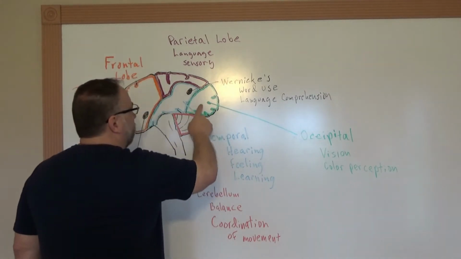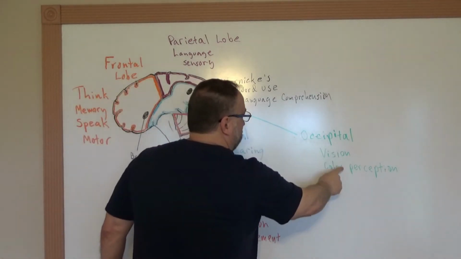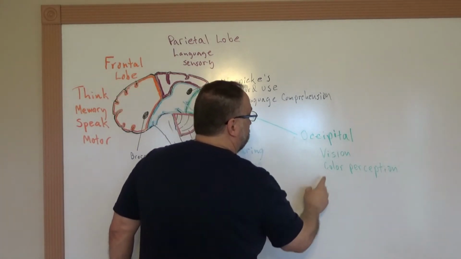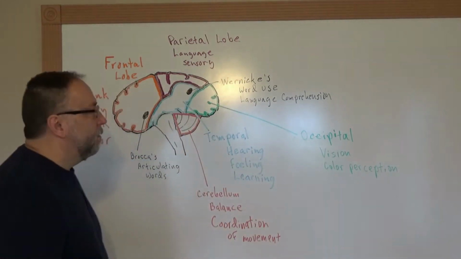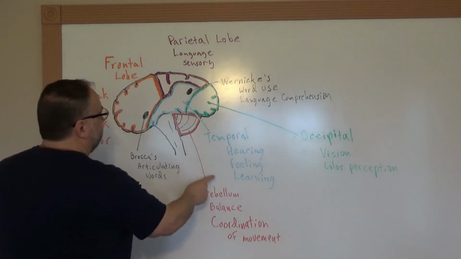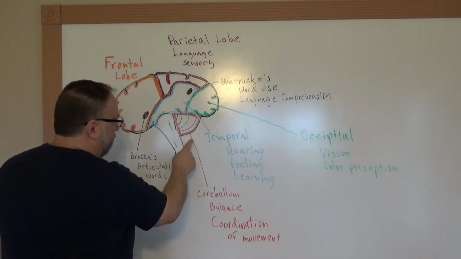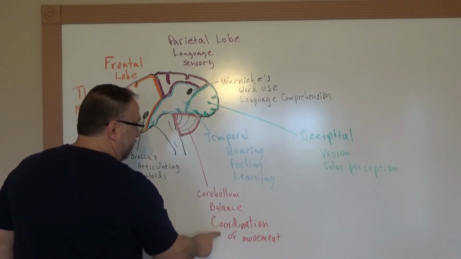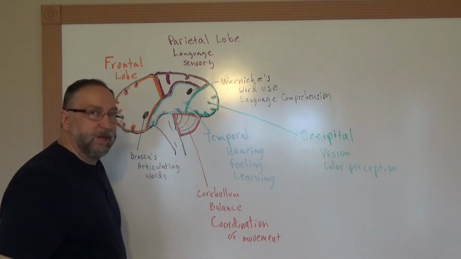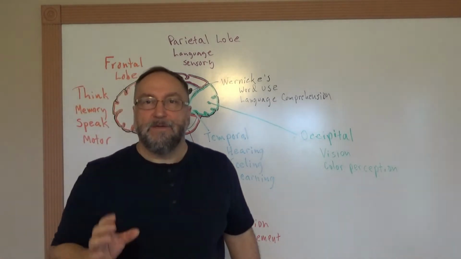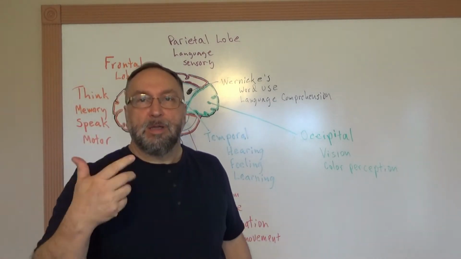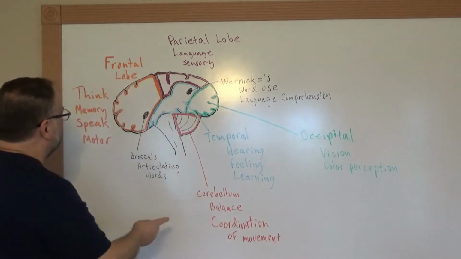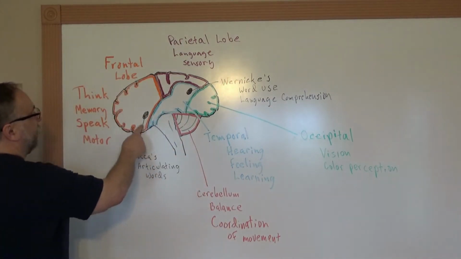This green area here is the occipital lobe. You have vision and color perception in the occipital lobe. And then right down here, outlined in red, is the cerebellum. There you have your sense of balance and coordination of movement. That's the one that, if you're going to reach up and grab something, it's the cerebellum that coordinates all that movement. And then over here, I've got Broca's area,